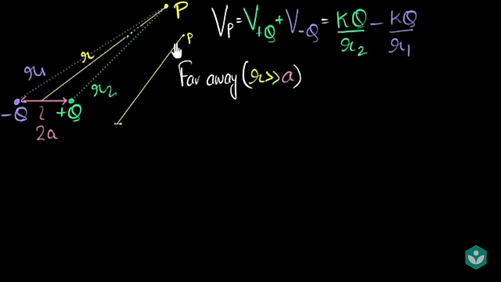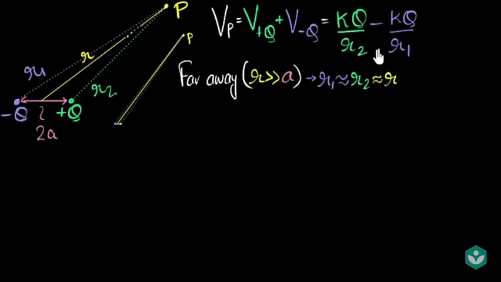So how do I bake this in and somehow simplify this? When r is very far away, something very interesting happens when you compare r1, r2 and r. You find the lengths of all the three lines are almost equal to each other. You can see that because P is so far away, this looks like almost a point. These three lines will almost have the same value, which means r1 is almost equal to r2, which is almost equal to r. Okay, they are almost equal.